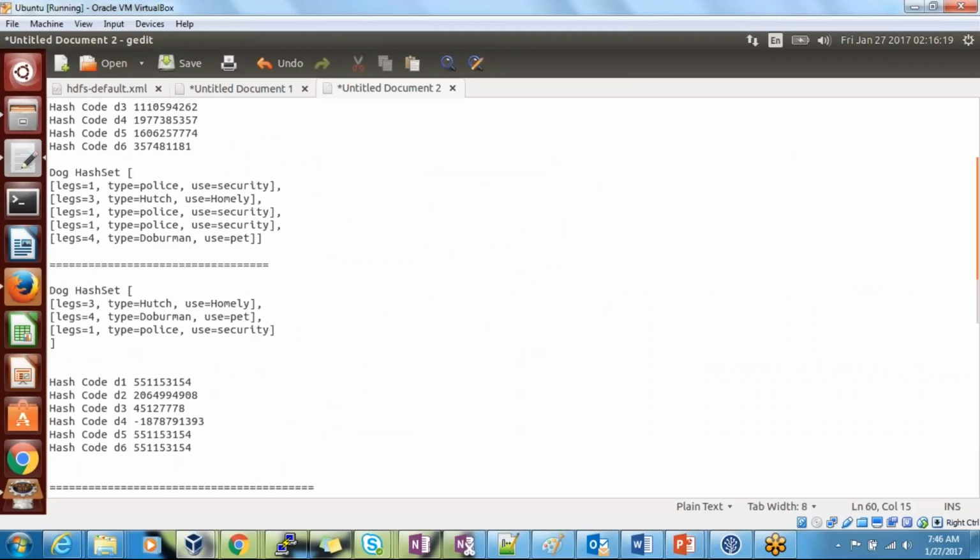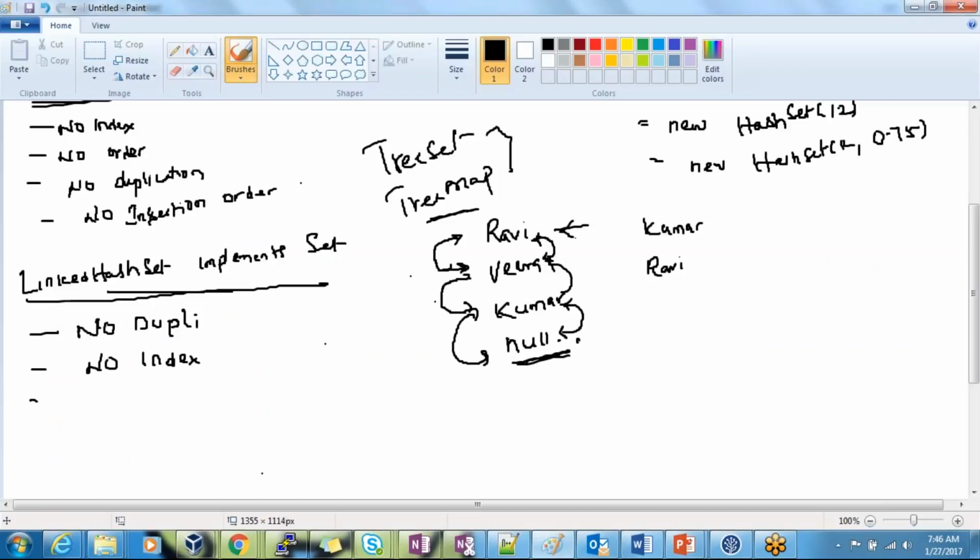This is about the set interface, guys. We will see the map interface tomorrow. If you guys have any doubt